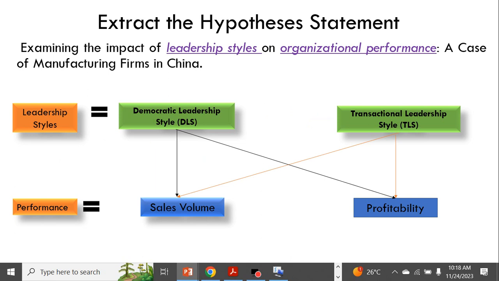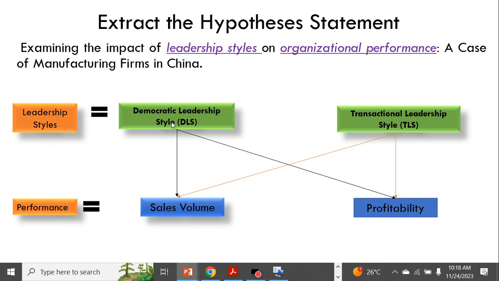Now, as mentioned earlier, we said examining the impact of leadership styles on organizational performance, a case of manufacturing firms in China. Having read the literature, we have come to arrive at basic processes or measures of leadership style and, of course, of organizational performance.